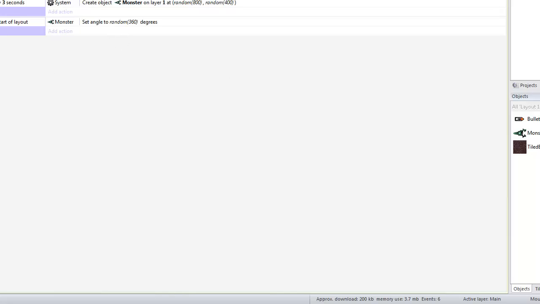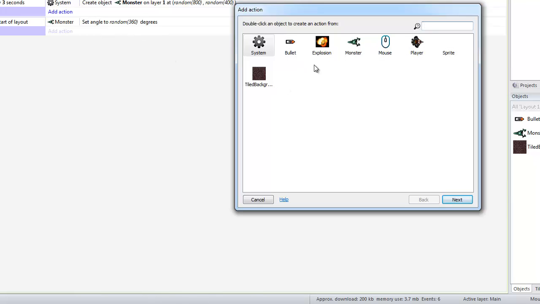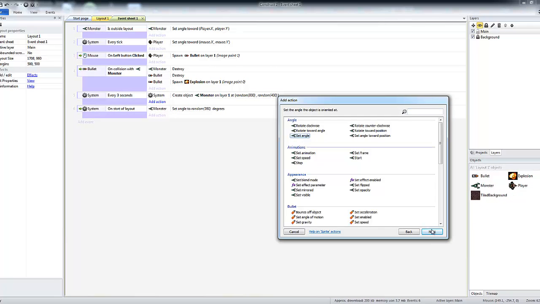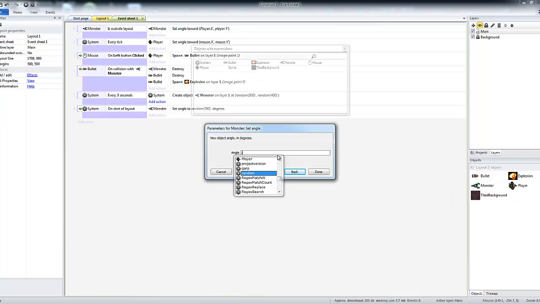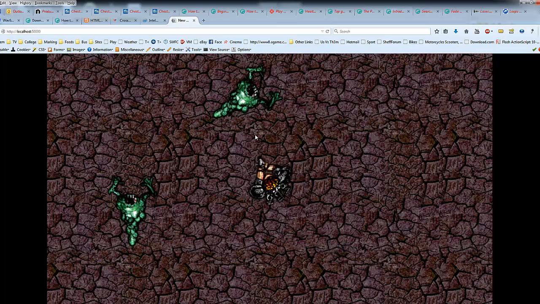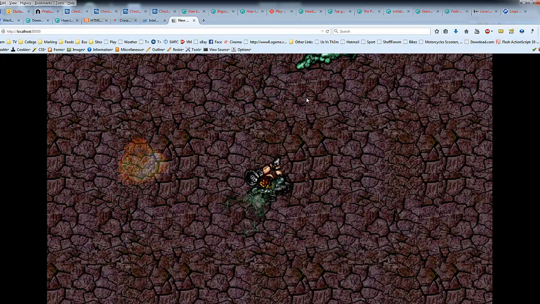So, every 3 seconds we create an object at a random place, and then we also set the monster angle to random 360. Let's run that, and there they're all coming out at random, just faded in. Okay, now